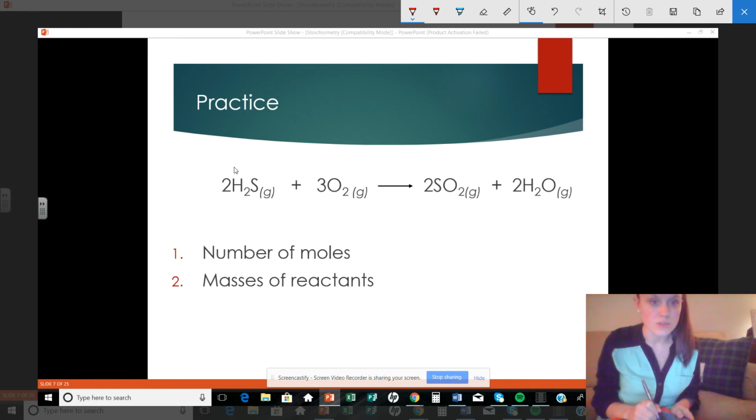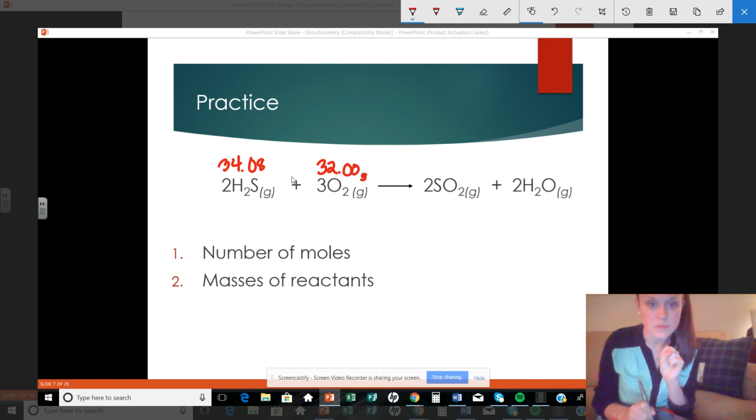So dihydrogen sulfide has the molar mass of 34.08. Oxygen has the molar mass of 16, but that's for one oxygen atom. You have to remember that this is a diatomic oxygen, so the molar mass of that oxygen molecule is 32